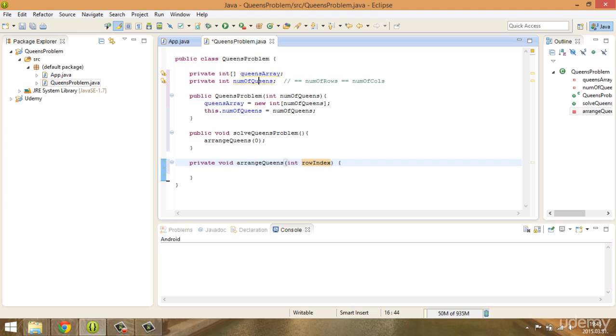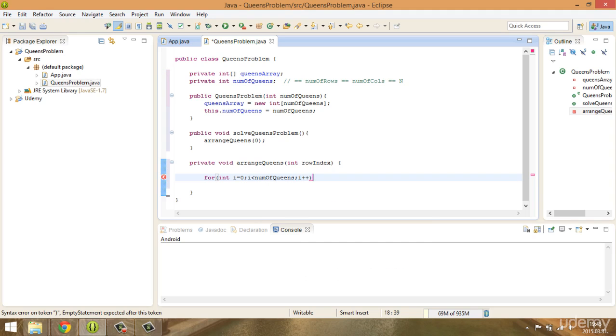In this case, the number of queens is equal to the great N, as we have denoted the size of the chessboard. So we have to iterate through int i equals 0, i less than the number of queens, i plus plus,